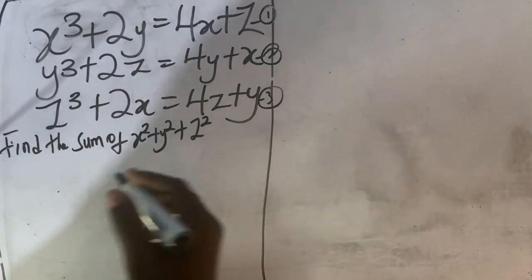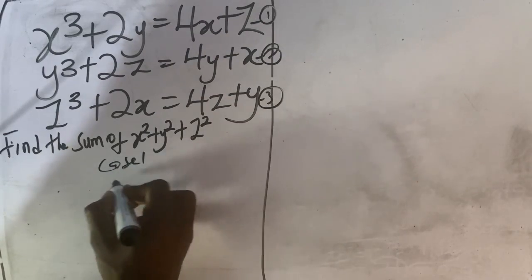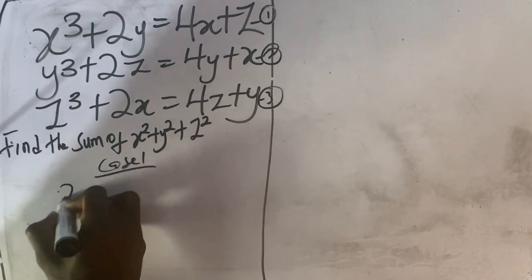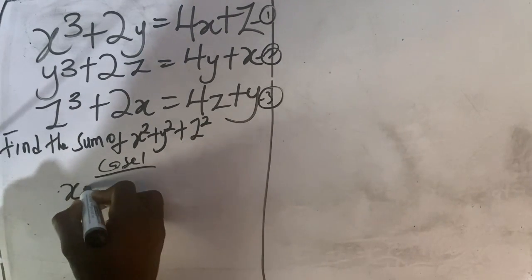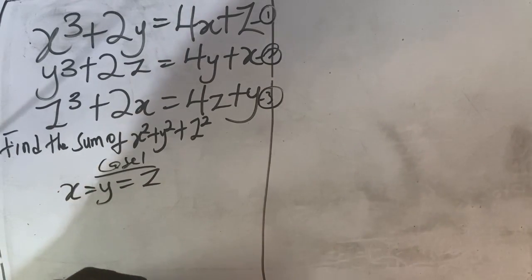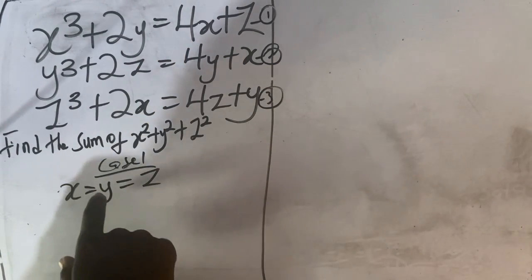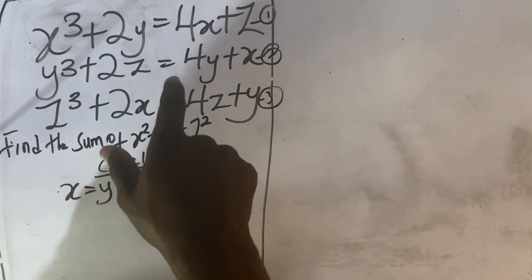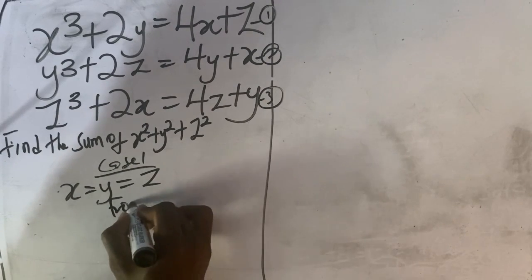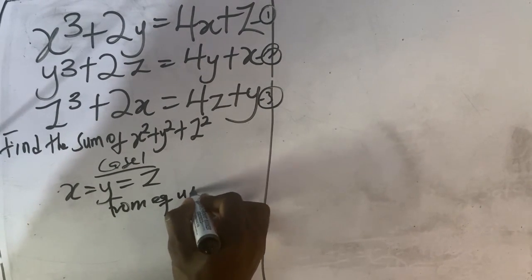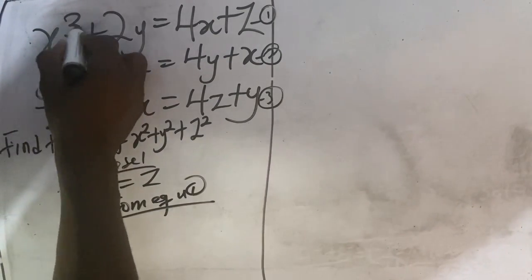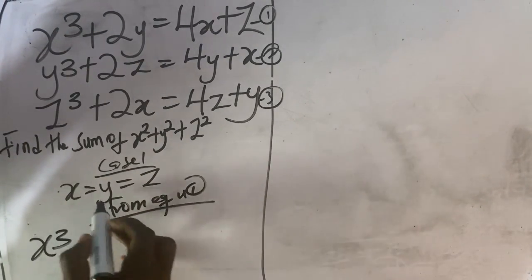Now in the first case, let me say case 1. In case 1, I'm going to assume that all variables are the same. So variable x is equal to y, and the same way this is equal to z, right? So if all variables are the same, wherever I see y and z, I can put x over there, right? So from equation 1, let's start from equation 1, we have x cubed,